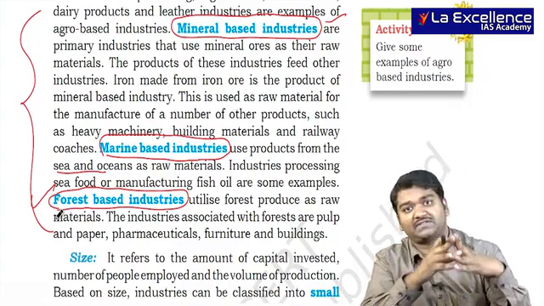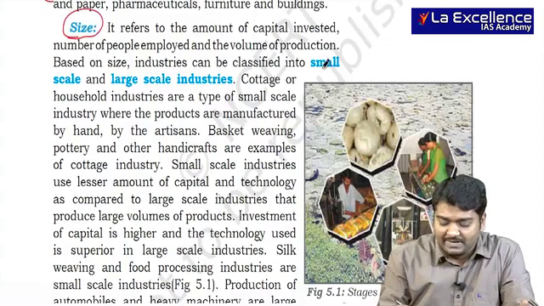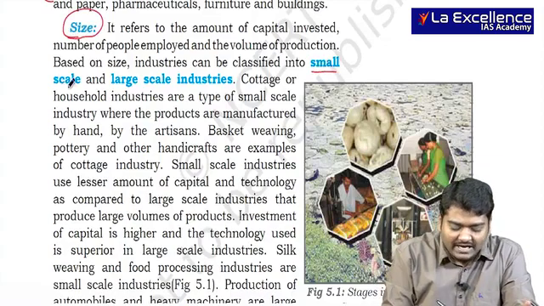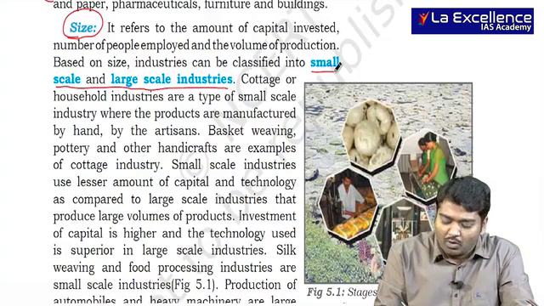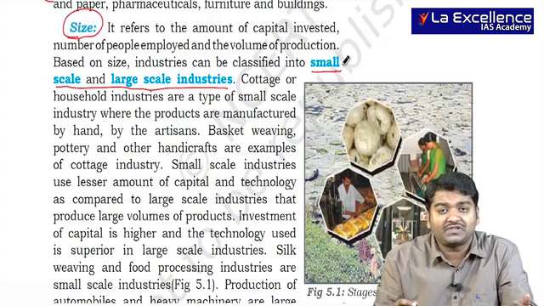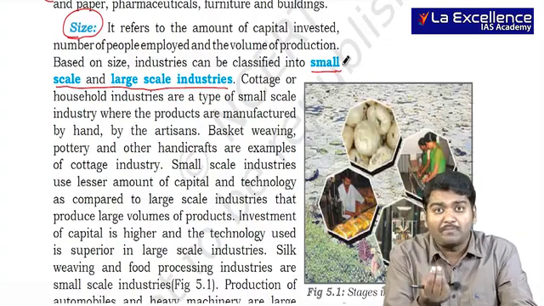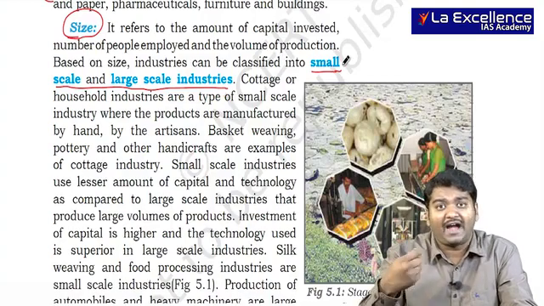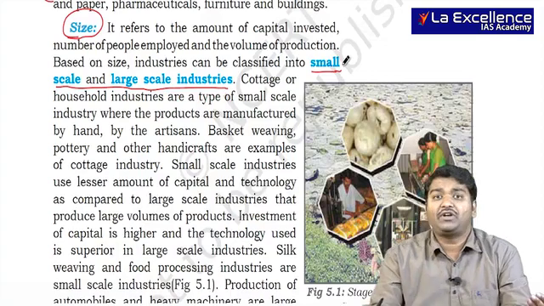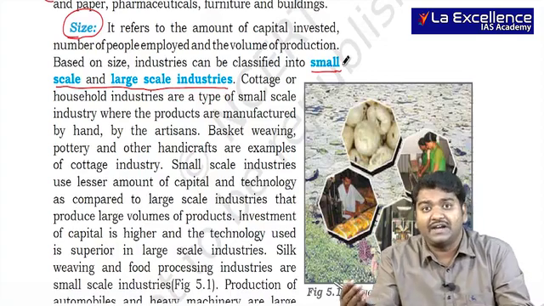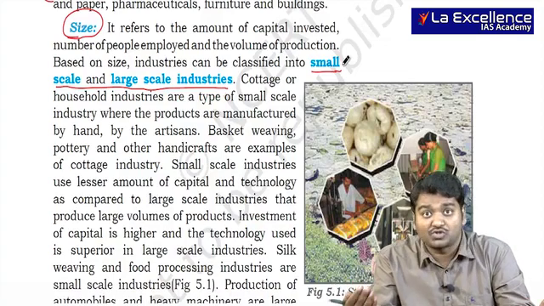answer makes sense. Next, on the basis of size, the industries can be classified into small scale industries and large scale industries. When we talk about small scale industries, these are cottage industries where small things are usually produced and small equipments are usually used. It may be hand-driven or small machines with little bit of power. But when we talk about large scale industries, it can be iron and steel industry, shipbuilding or so, and it